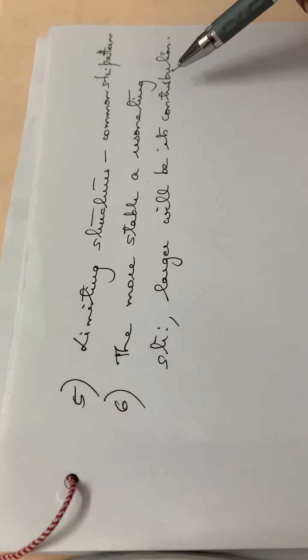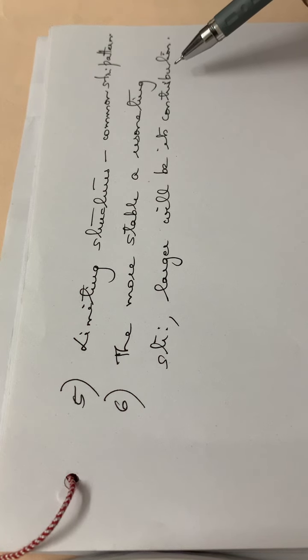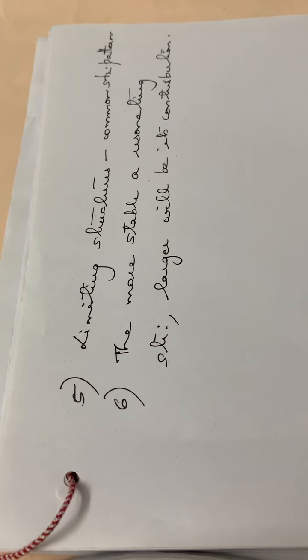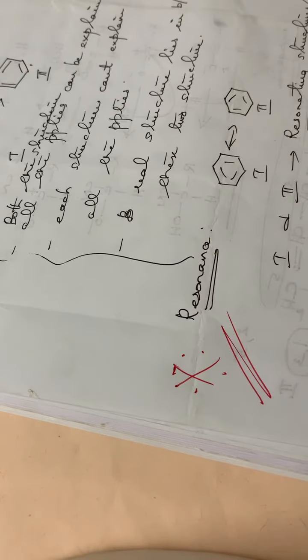So this is very important. Normally a question will be asked like this: define resonance, or define mesomerism. Both terms are analogous. That means both terms have the same meaning, with only a very slight difference between them. So define resonance or define mesomerism, and what are the conditions for resonance. You have to study this particular question. It is very, very important, a usually asked question: conditions for resonance.